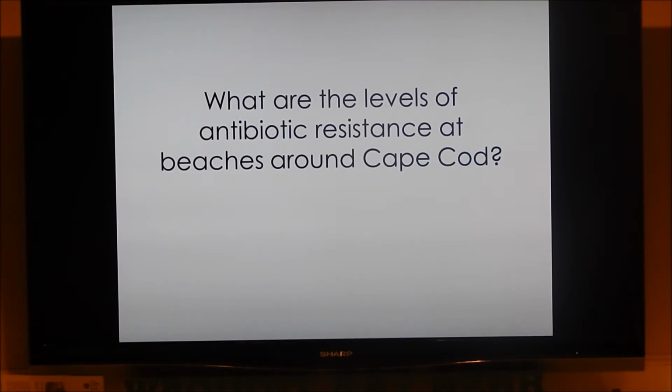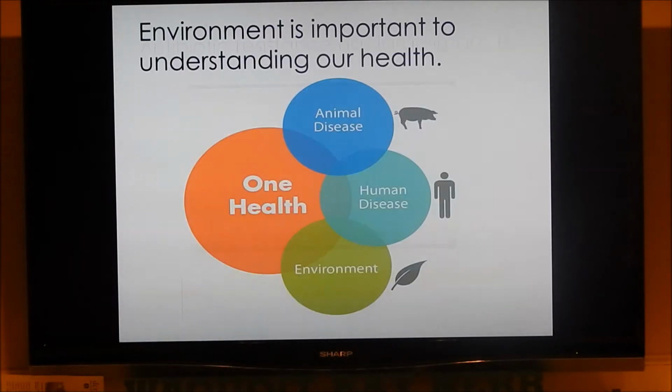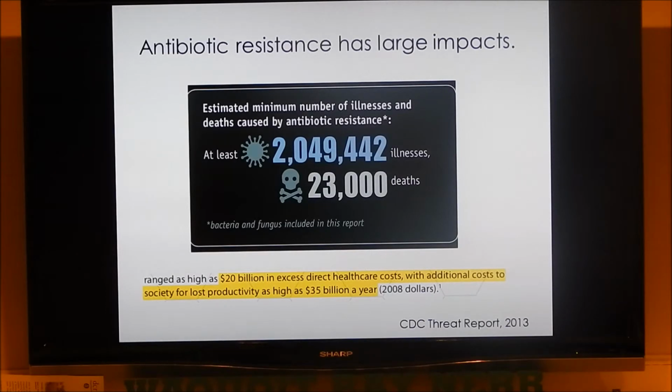It becomes a killer. I'm sorry, it says it becomes a killer. Yeah, you know, alcoholic infection. Yeah, that's what would be happening. Any questions? What was the other number? The other number? Which one? I got the 23,000. 2 million. 2 million illnesses per year. And they think these are underestimates, so it says at least.